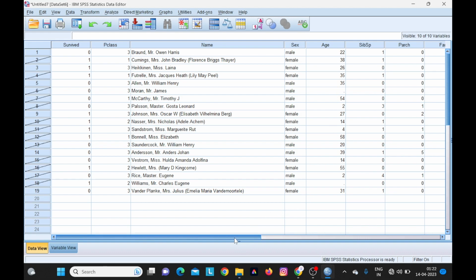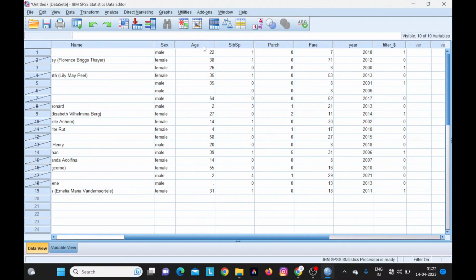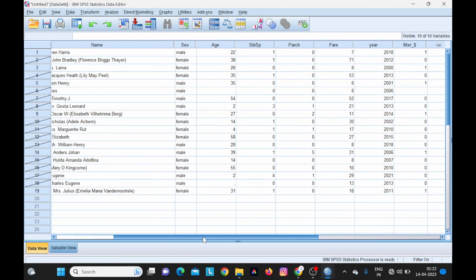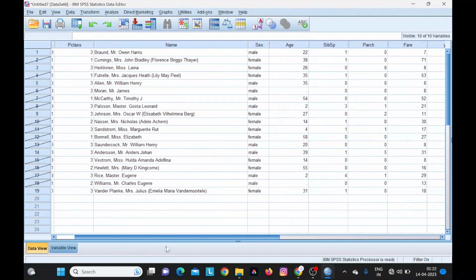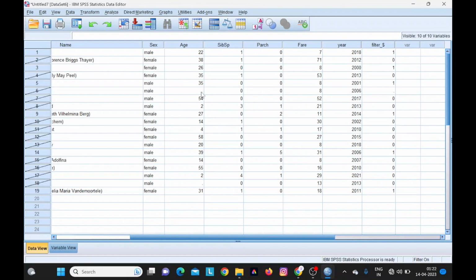Now, look at age. Age has got some missing values. Here we can see this case number 6 is a male, but the age has not been entered. Now, there are very many ways you can fill these missing cases, but the best is for you to go back to your survey answer sheets. Usually when you're entering this information into SPSS or into the Excel sheet or any other means that you're using for data entry,